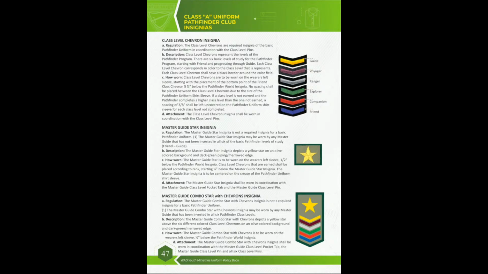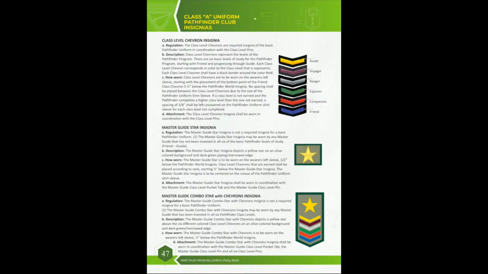So the chevrons are different colors depending on the class color. So you know every class usually has a color for Pathfinders, as well as for adventurers, every class has its own different color. Like if you check here, friends, they have blue, right?